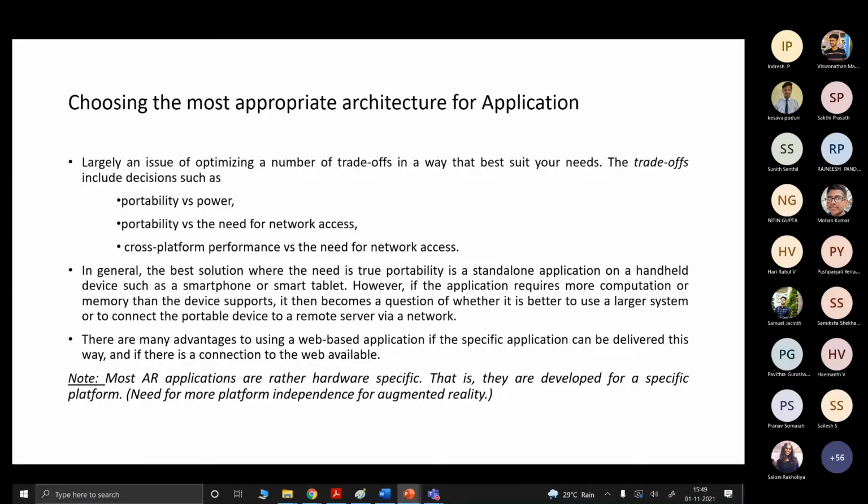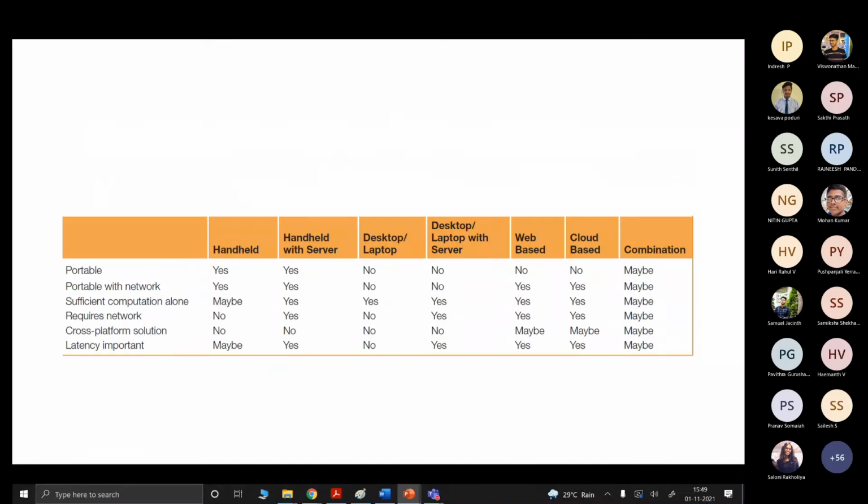It needs to be platform independent so that success in AR can be easily achieved.